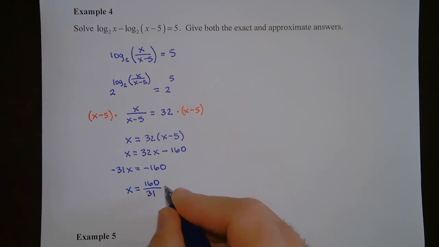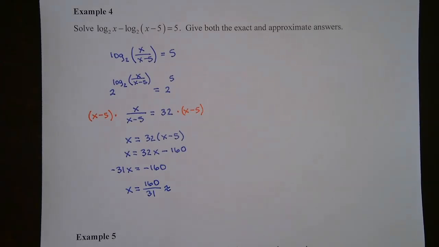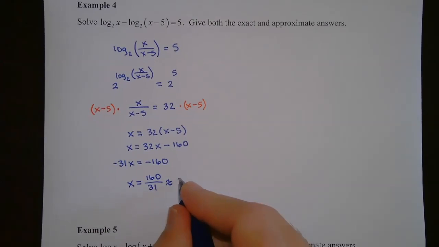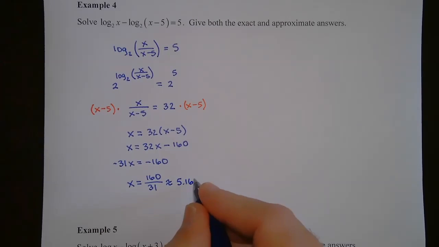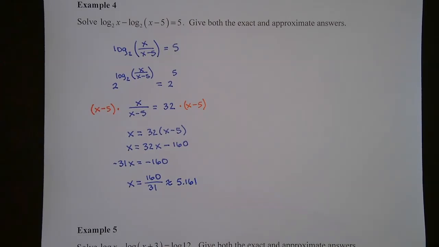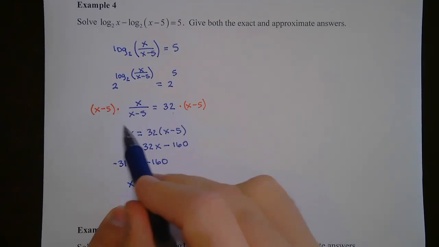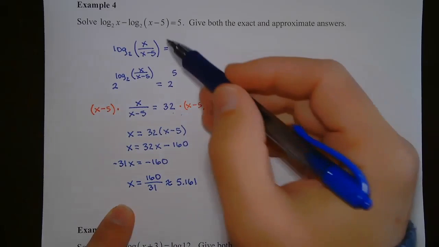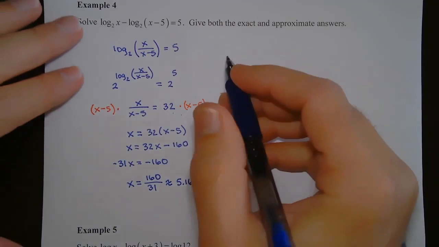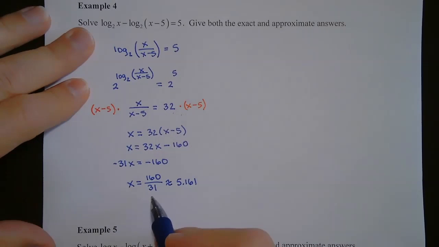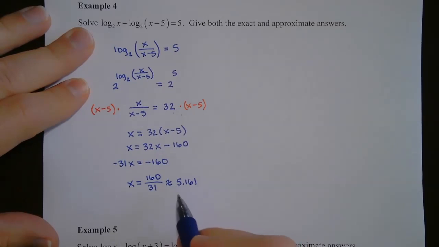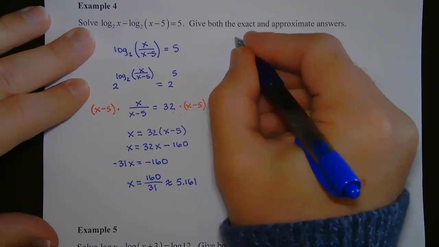And then we could put that into our calculator. All right. And if we take 160 and divide by 31, we get 5.161. Okay. But the good question is, is this an answer? Does this work? Does this answer solve this equation that we converted it into, but does it solve the original one? So we have to go back, and then we need to put in 160 over 31. You don't want to put this because this is a rounded value, okay? So we're going to check,